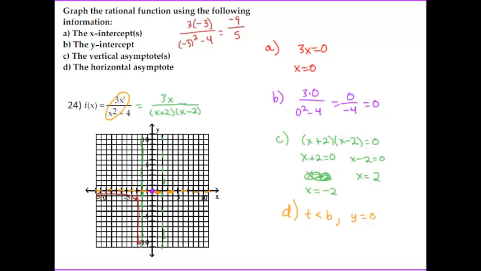Then, if I end close to this asymptote here at the bottom, then I'm going to start this one up here at the top. And then what should happen is it should go through this point and do kind of a curvy thing like this and head down toward the asymptote. So see how it crosses in the middle? Even though we got a horizontal asymptote, it's just not a very good asymptote in the middle. And then since we ended down here at the bottom, we need to start at the top up here